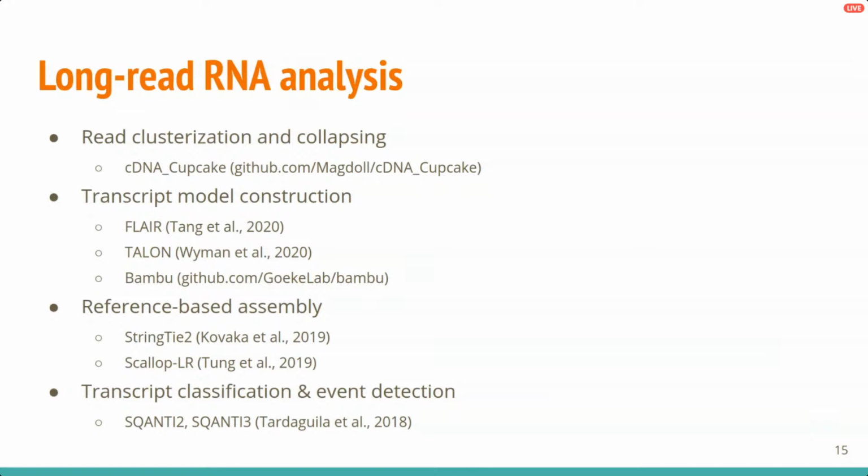As you see, the last one is not even published. The first two were published this year, meaning that they are very recent. And that proves the point that the field of long-read RNA sequencing is rather new, and the tools have just started to appear. And another category is reference-based assembly. StringTie2 is the modified version of StringTie, and Scallop-LR is the modified version of the Scallop assembler. For me, actually, the second and third categories, transcript model construction tools and reference-based assembly, are very close, and I don't think you can really say what the difference is,